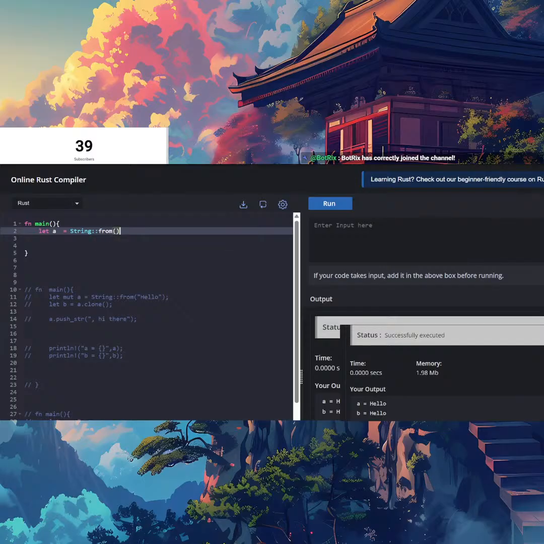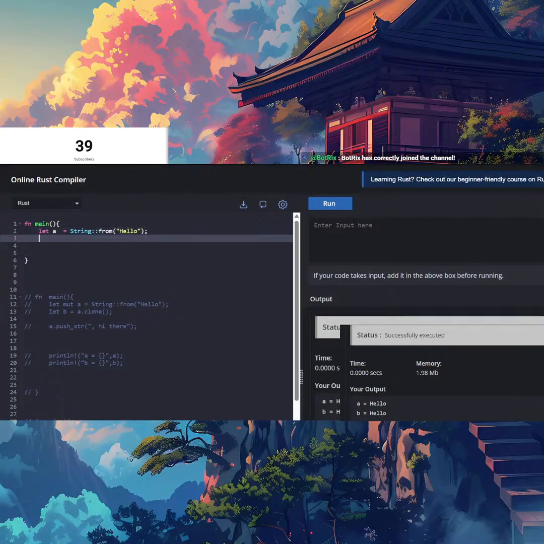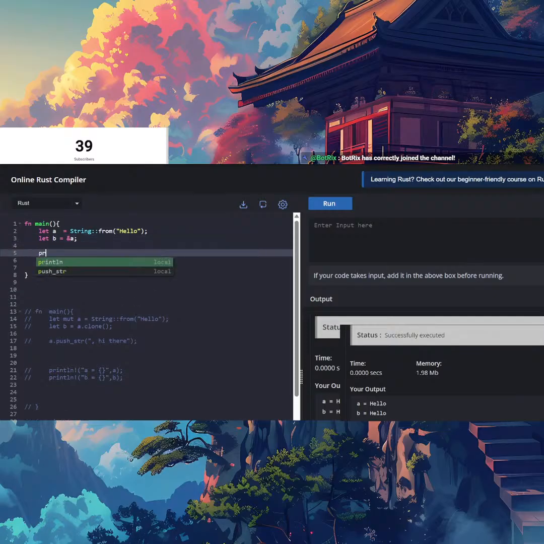And this one is borrow. So if borrow is hello, and let b be &a, and then println!.